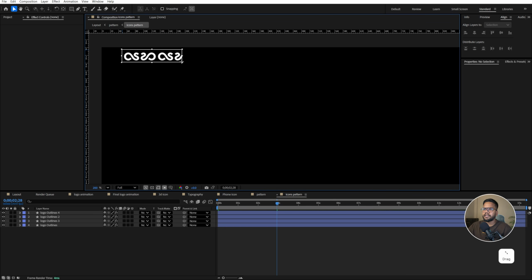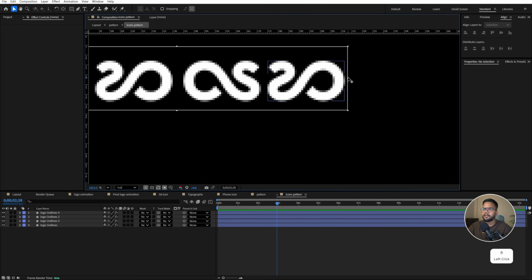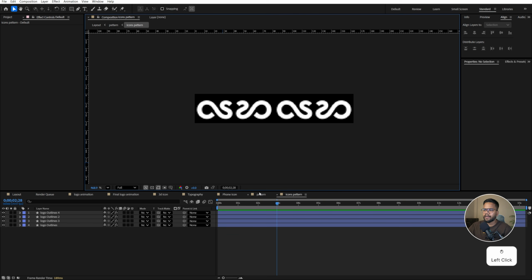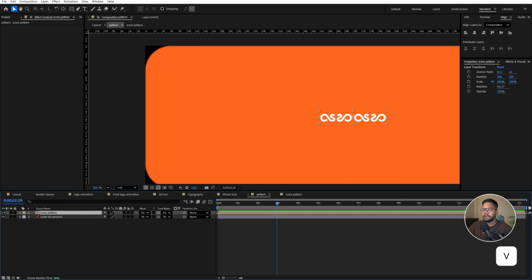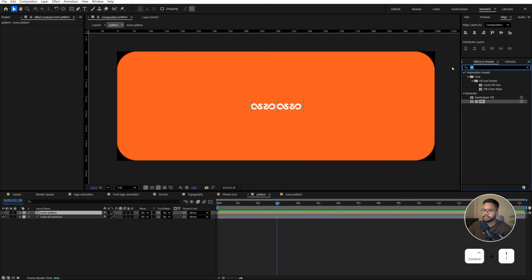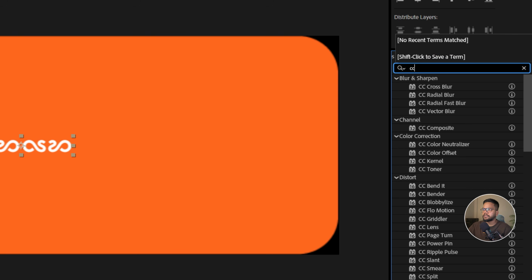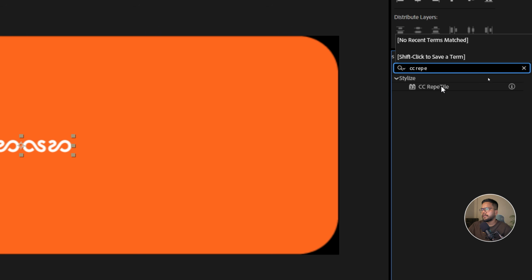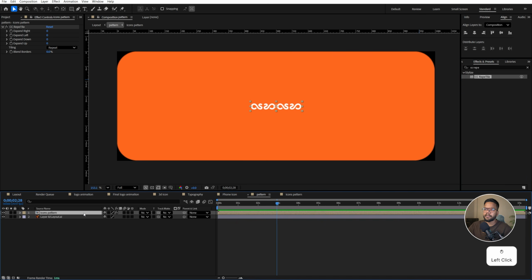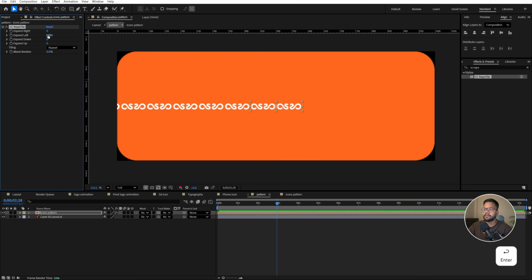Select your icon area and go to the composition and click onto this crop contour region of interest and go back to this pattern and go to the effect and preset panel and search CC Repetile, and apply onto this icons pattern and expand the left. So let's make this 1000 and expand right also 1000